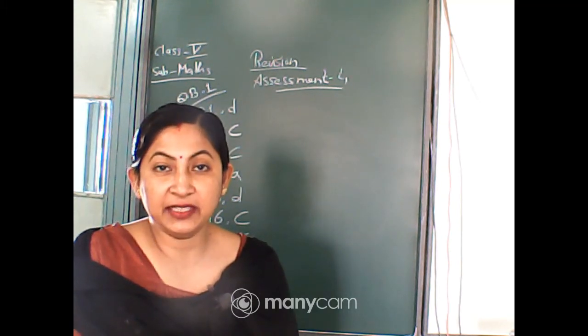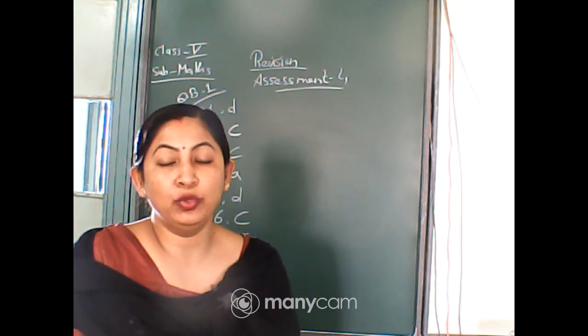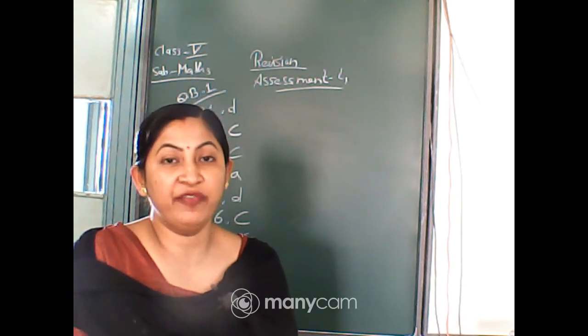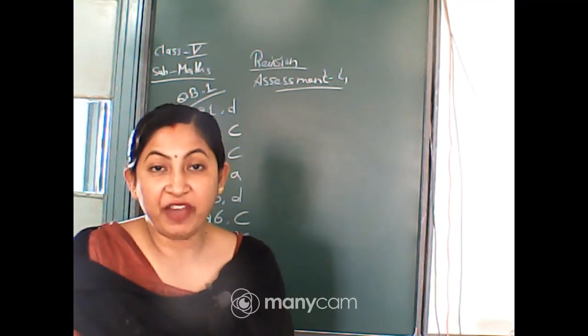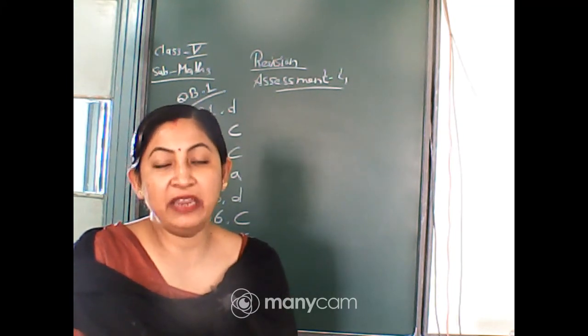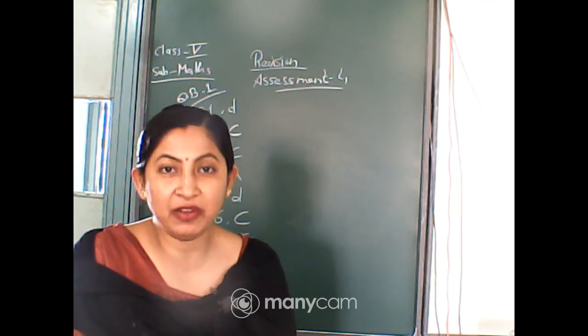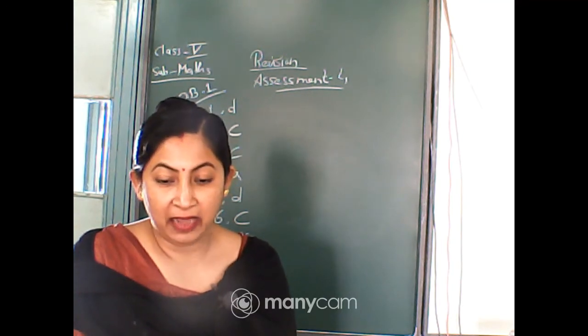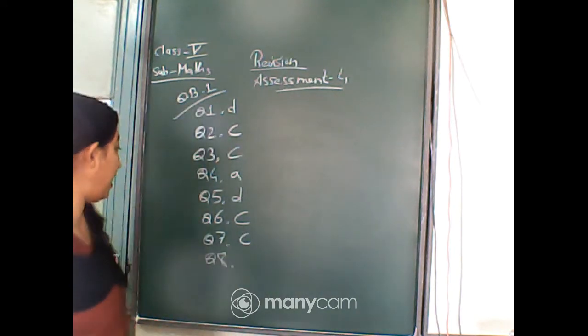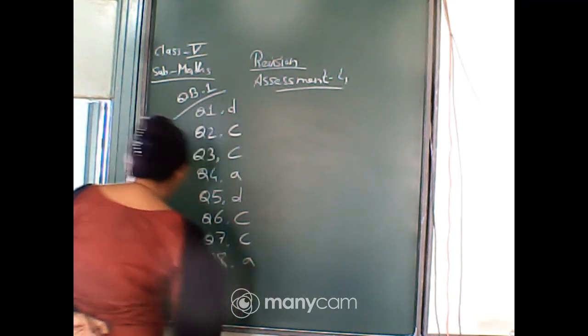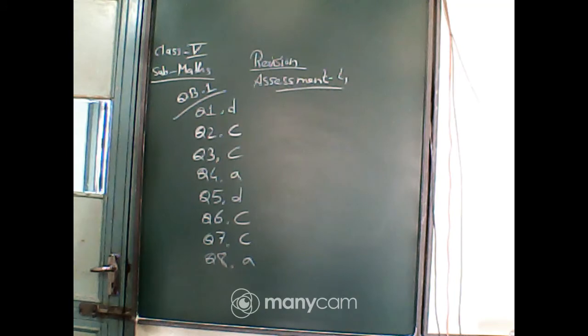See, it is very easy. 90 divided by 2, you are getting 45, isn't it? 45 2s are 90. So, 45 minus 45 is 0. So, any number multiplied by 0, the answer will be 0, isn't it? So, option number A. For question 8, the answer is option number A. Done?